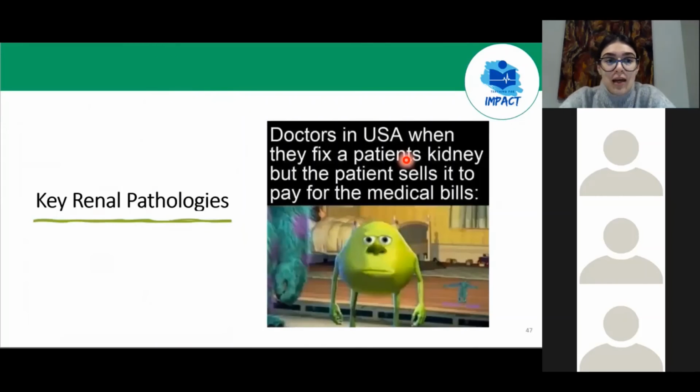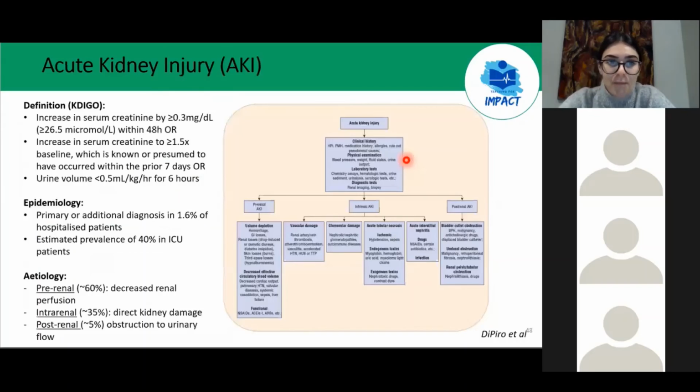Finally, just to finish with some key renal pathologies that I want to talk about. The first one being acute kidney injury. And I guess the main thing to take away from this is the division of acute kidney injury into pre-renal, renal, and post-renal causes. So pre-renal kidney injuries are things that damage the kidney before the actual kidney starts, kind